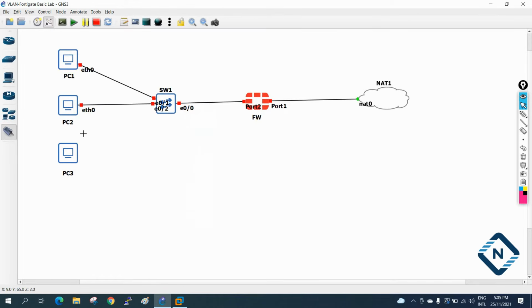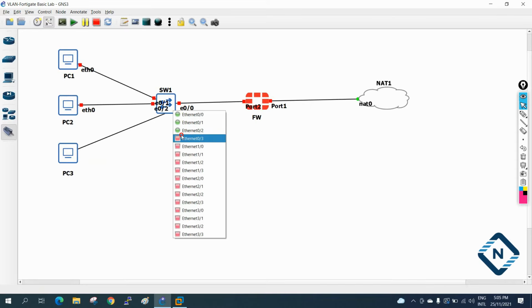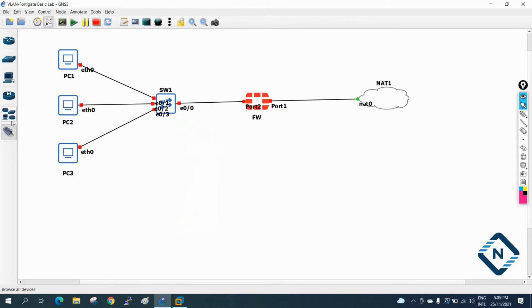You need to remember, because we are going to put them in VLANs, so we need to know which port is which. I will connect this as E0/3. So this first one is E0/1, this is E0/2, and this is E0/3. Now we need to remember this. And this is port 2, and this is port 1.